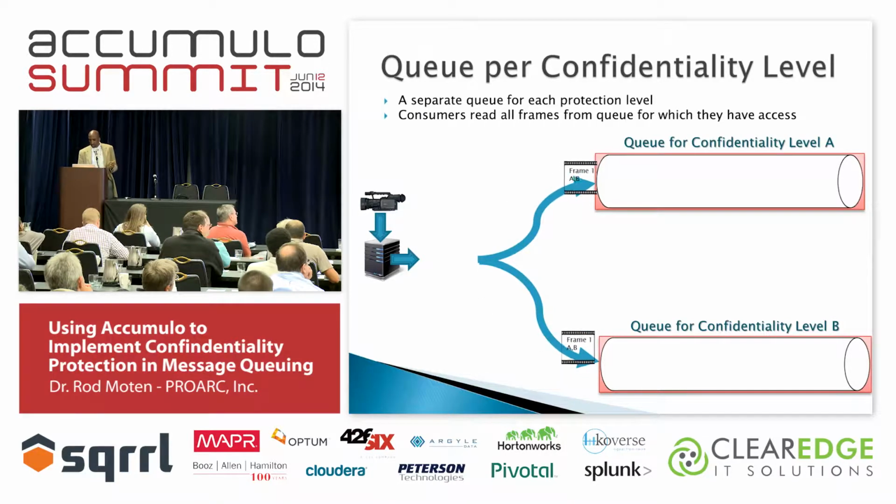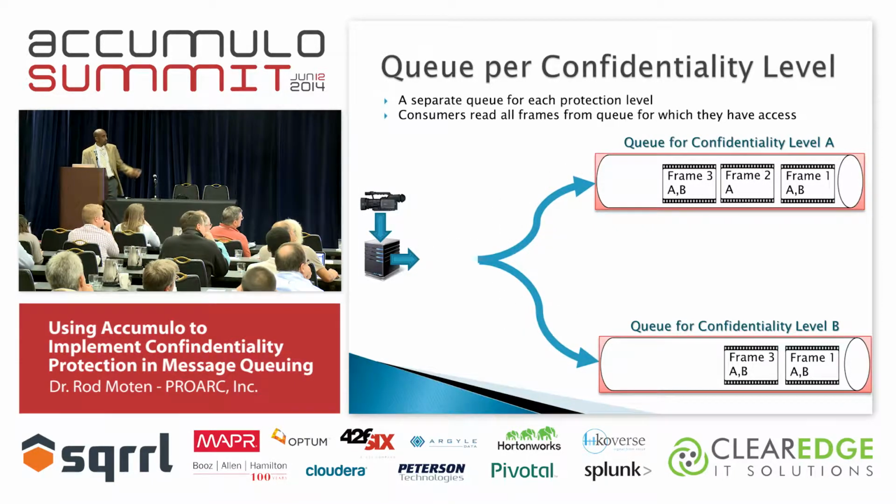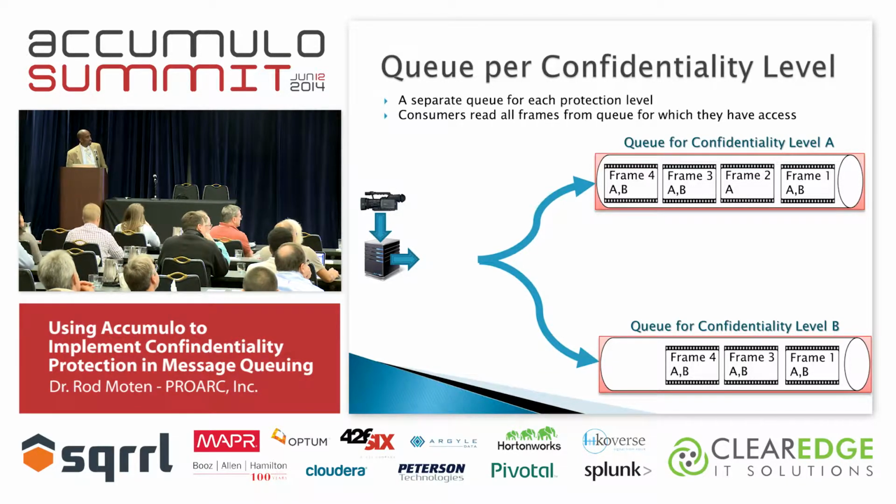So in this case, you're going to have to copy frame 1 to queue A and to queue B. Now, frame 2 only has a confidentiality level of A, so that just goes into the queue for confidentiality level A. And then for the other frames, you're just going to copy them over like so. And you can see that on the bottom, you only have the frames that have a confidentiality level of B. And at the top,